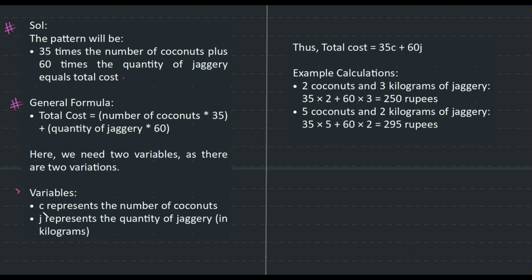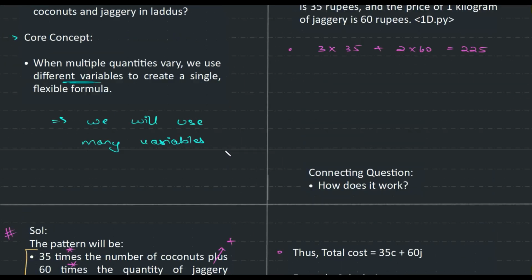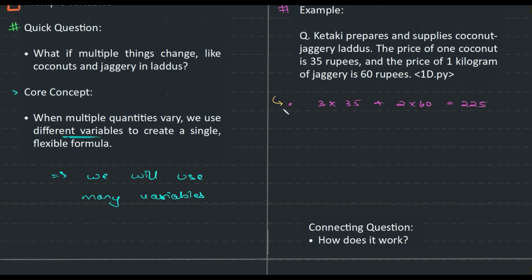The variables that we are using are C, which represents the number of coconuts, and J, which represents the quantity of jaggery. And so converting this, plus sign means plus, 35 times means 35 into, 60 times is 60 into. And so converting this into a mathematical expression would be 35C plus 60J. See guys, this is common sense, right? If you're able to figure out this particular thing,